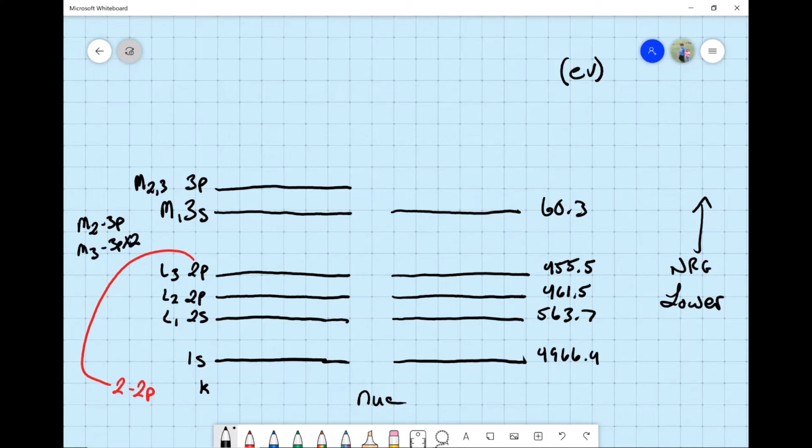So M3 is 3p times 2. So let me highlight it. Okay, kind of a note to the side. We don't want to lose track of the other p orbitals. And boom, so we draw the other line there. So it makes sense. There's another orbital now in this atom, and it's a big atom, so we're getting to